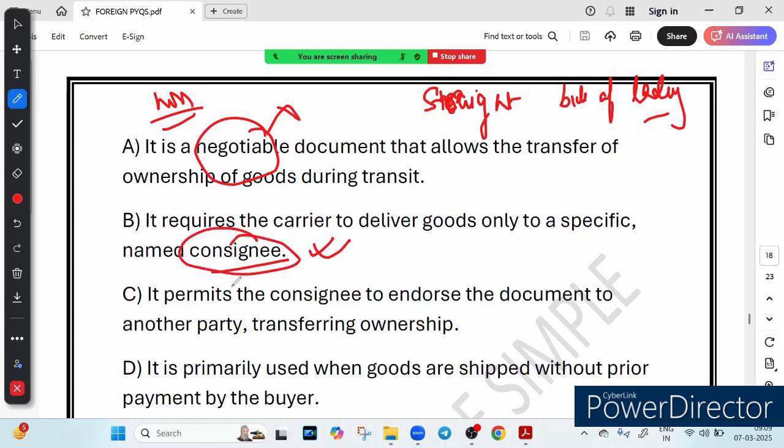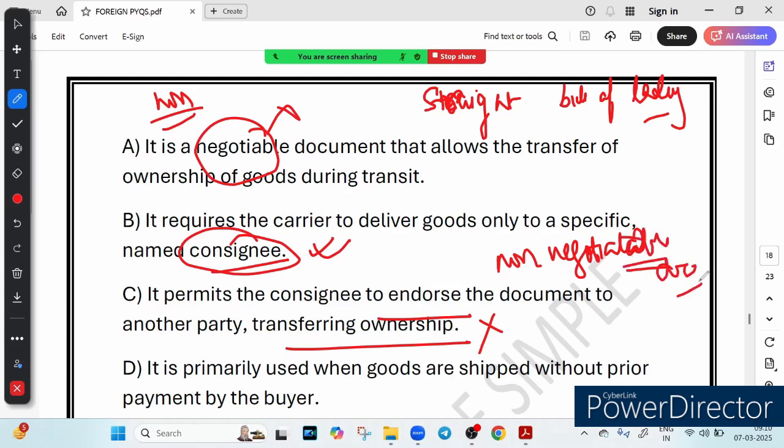Option number C, it says endorsement to transfer ownership. So what do you think? This is incorrect, because as I told you, it is a non-negotiable document. It cannot be negotiated, right? It cannot be endorsed. So since it is a non-negotiable document, can you think it can be endorsed? No way. So a straight bill of lading does not allow the consignee to endorse it to another party